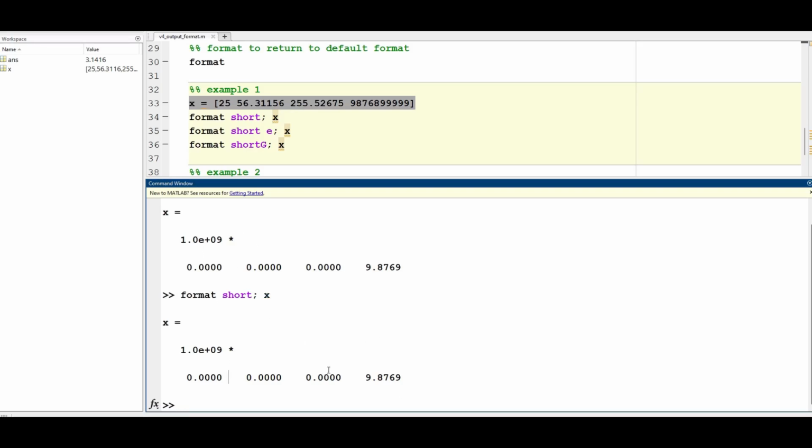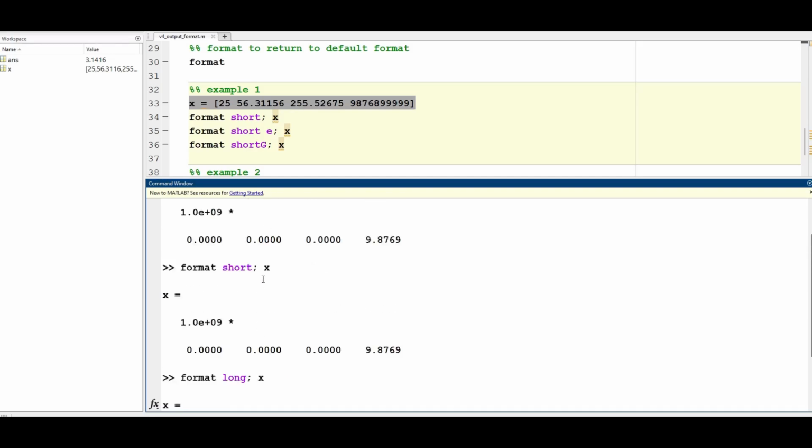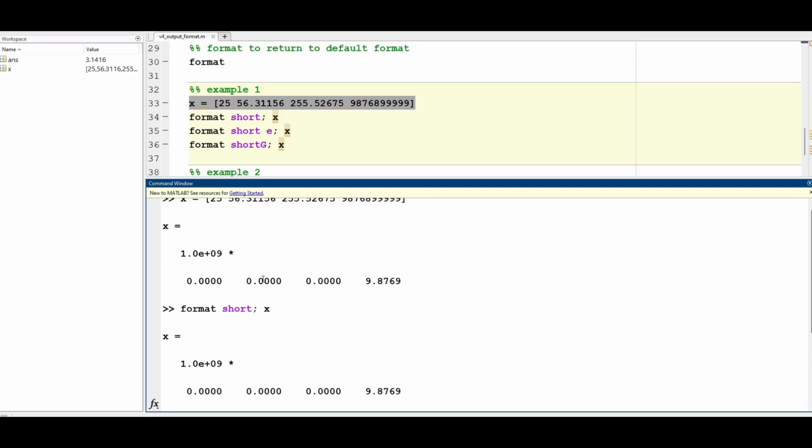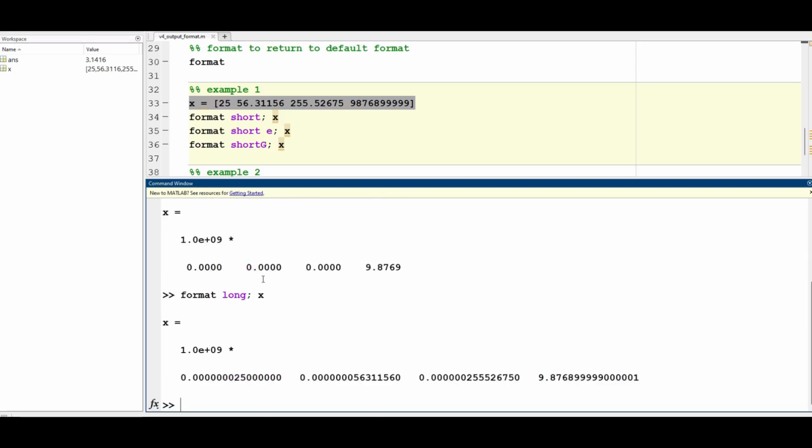Now we change it back to format long, and then we check the value of x. So you are seeing that when we change this format to format long and we check the value, we are getting something different, and the difference that we can see here is that in this case the 25 is missing. So what happened in format short is that the decision to put the decimal point was based on